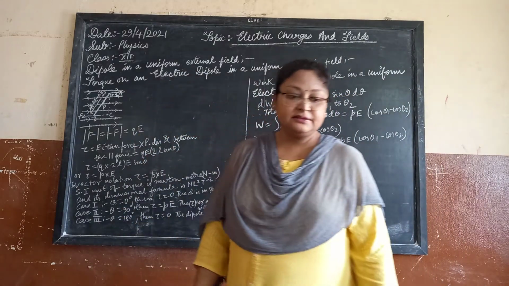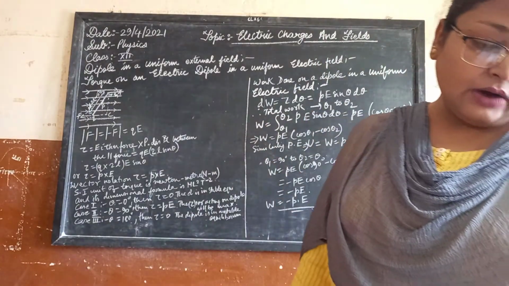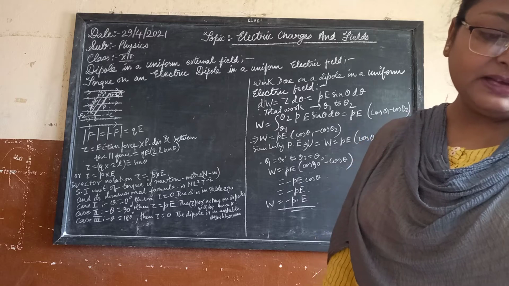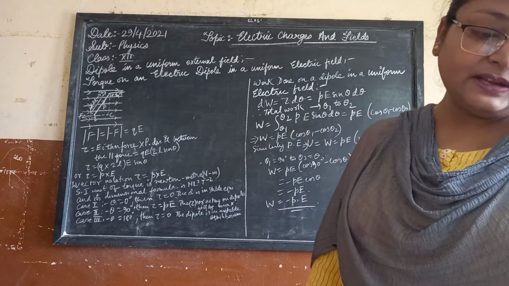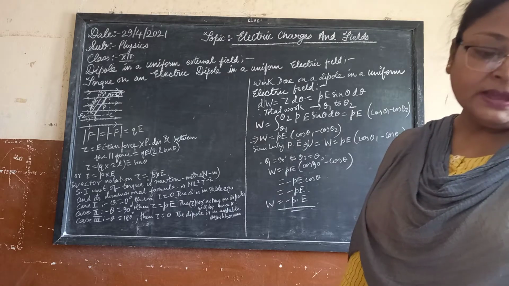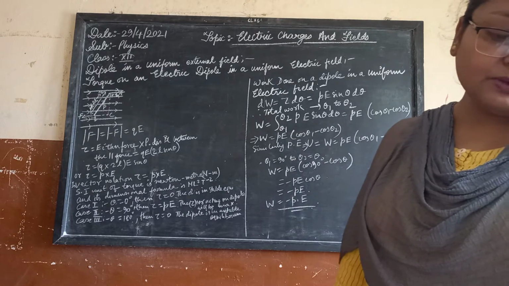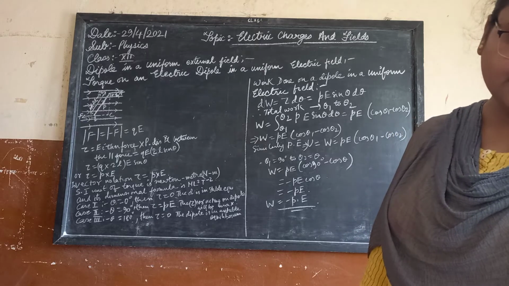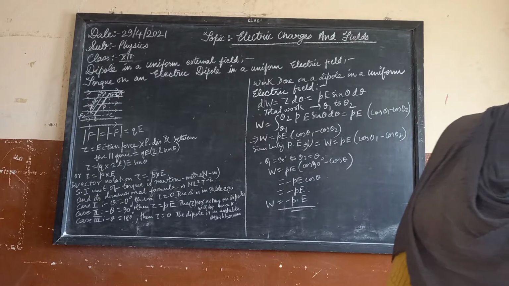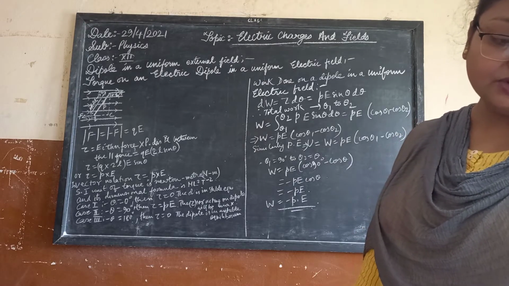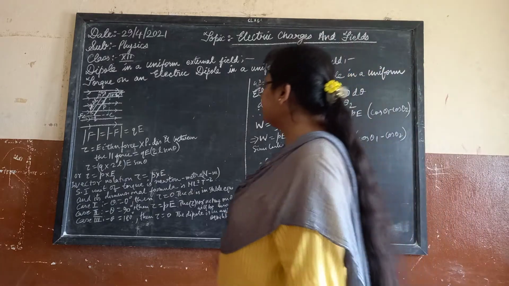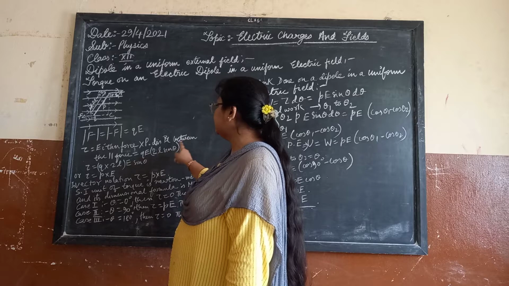Now we have the torque acting on it. How will the torque act on it? The net force is 0, we know it very well. If plus Q and minus Q, minus F and plus F are there, naturally the net force will be 0. So the two forces are equal in magnitude, opposite in direction and act in different directions. Therefore, they constitute a couple, and a net torque acts on the dipole about an axis passing through the midpoint of the dipole. So tau will be equal to either force into the perpendicular distance between the parallel forces.